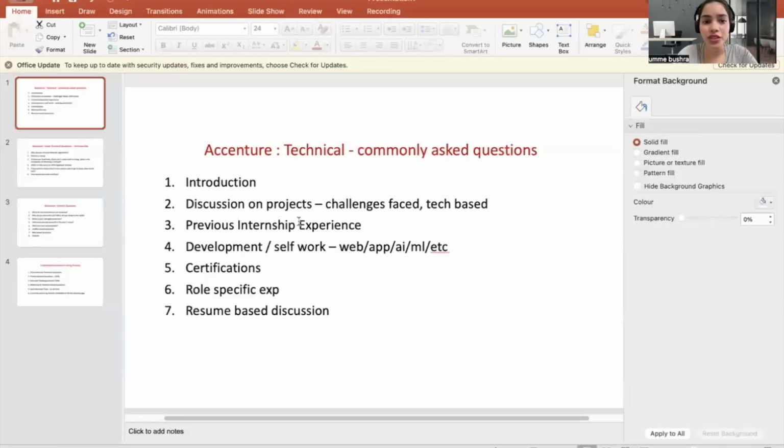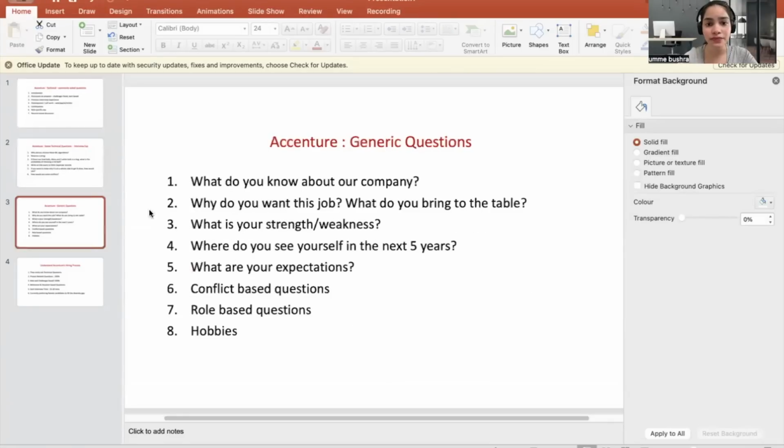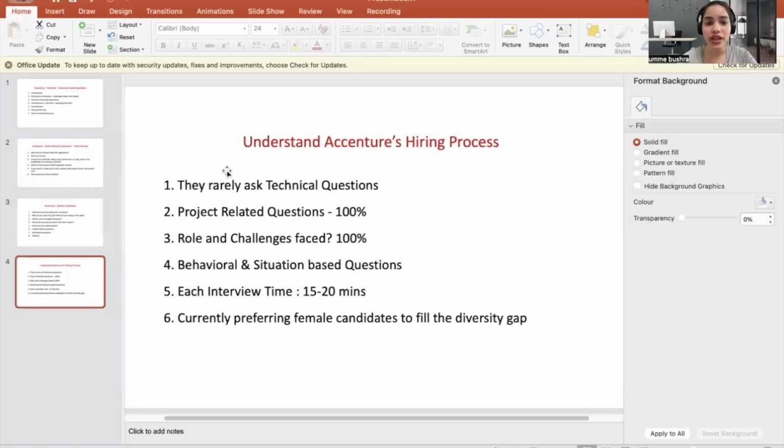Firstly, we are going to discuss questions that are technically being asked, and there are questions that are functional based, like the role based, the behavior based. So we will discuss each of them by the category, and then we will also try to conclude how the Accenture interview is driven, right? I have tried to categorize these under the technical ones. Then I have also tried categorizing some generic questions where the HR or the managerial rounds come in, and I've also tried to figure out what the Accenture process looks like.